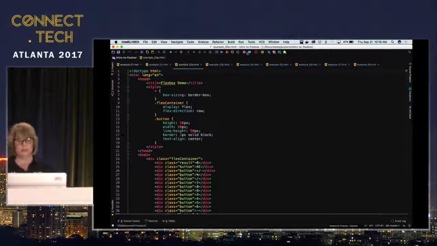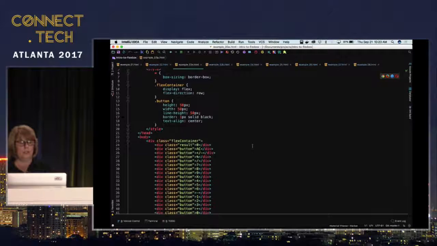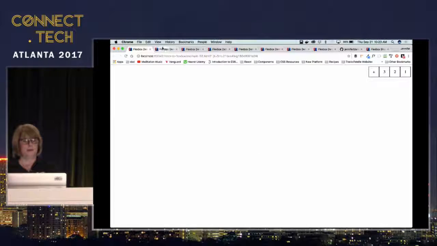So what I'm going to be showing you is how to use Flexbox to take this information that we have here, where it's nothing more than a parent div that I've defined with display flex. And then I have individual divs, and each one of those divs corresponds to a number that's going to be on the calculator. And if you look at my CSS, it's very simple. I just say display flex, I have my flex direction of row, and then each button is just going to be a square 50 pixels by 50 pixels. So if we come over and look at how that looks when it's laid out,